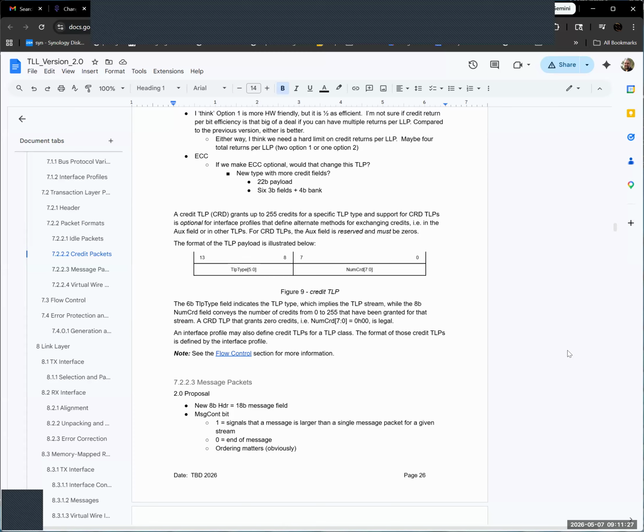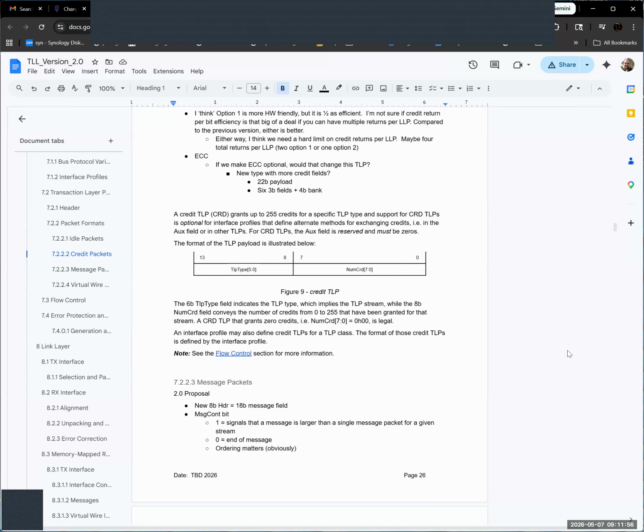But then the question is how we solve some of the other problems with that. For instance, if somebody wanted to pack a whole bunch of virtual wires into an LLP, how do you handle corner cases like that? I think the answer is to take away the old restriction and then add new restrictions around each one. And I think that's where we are at the moment.